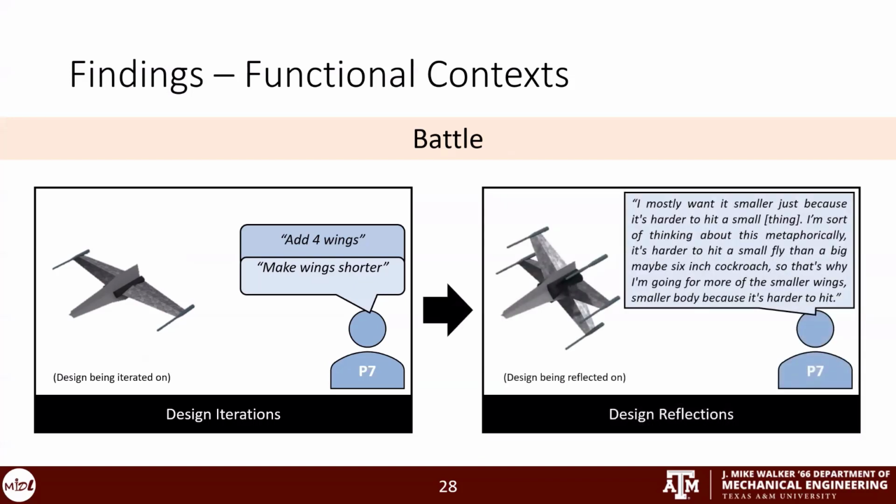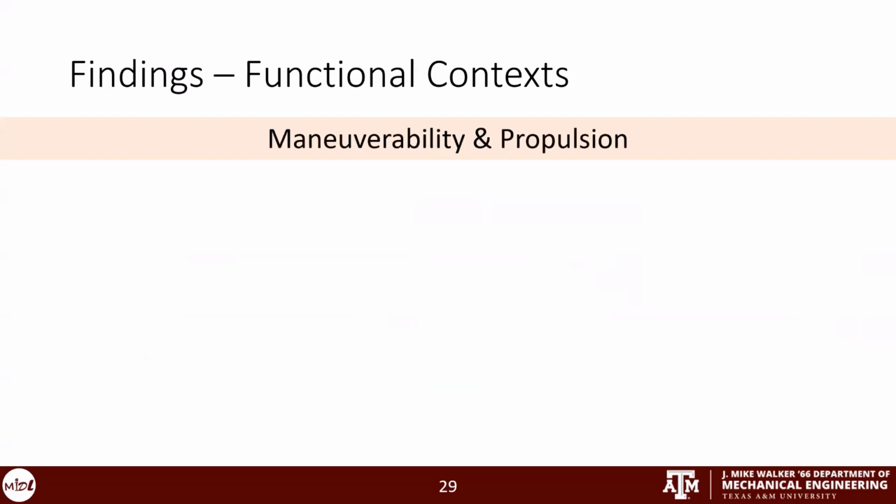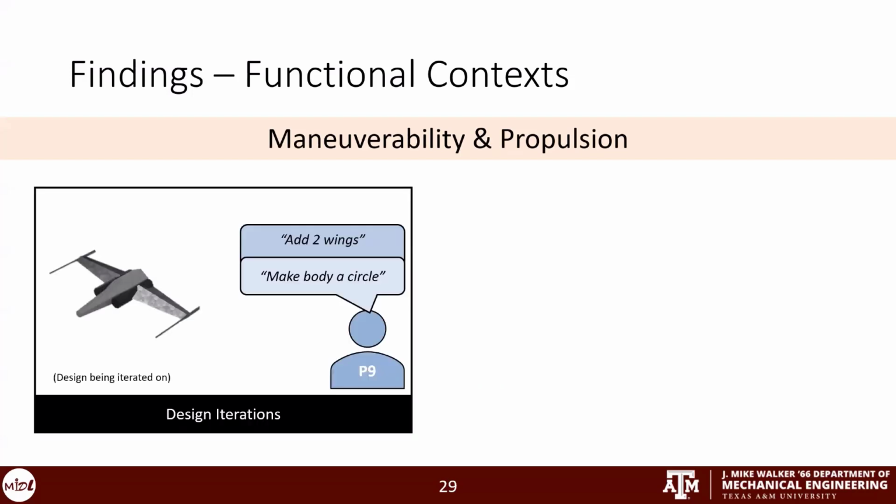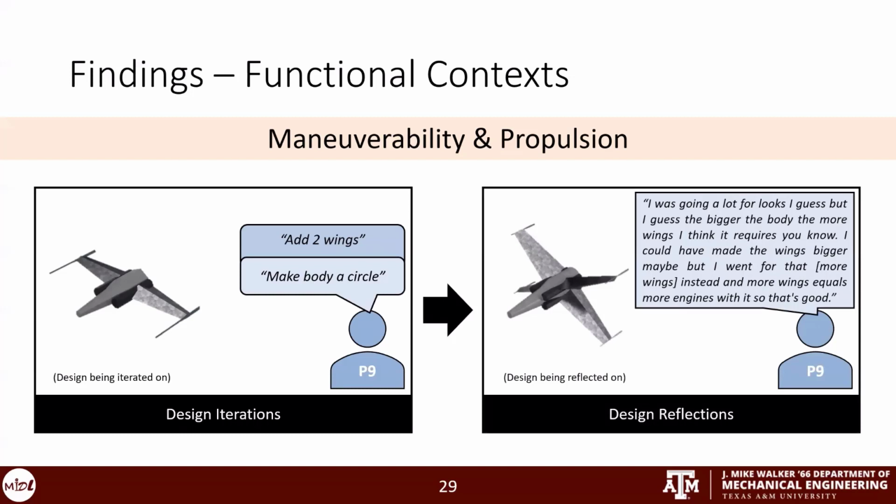relatively harder to hit. Another functional context that was common across some of the participants was that of maneuverability and propulsion, which led them to make more dimensional changes as well as add more parts. An example here is of participant 9 adding 2 wings and making the body circular, as they felt that a bigger body required more wings, and since the wings came with their own sets of engines, that was also an